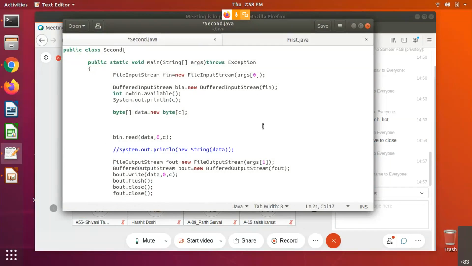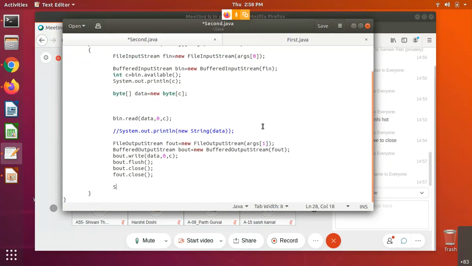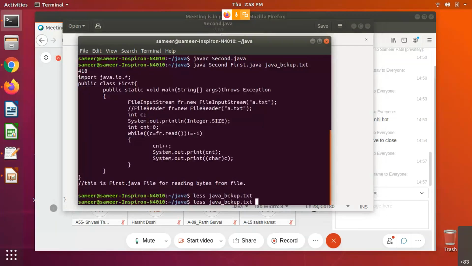Instead of that, after performing the close operation here, we can simply put a message like "the file" plus args[0] plus "is copied in" plus args[1]. Right? So if I execute this,